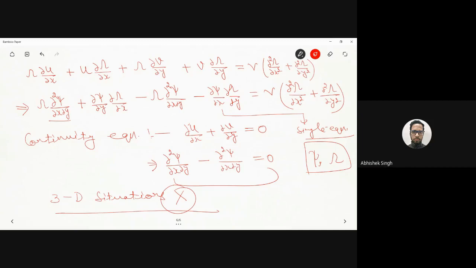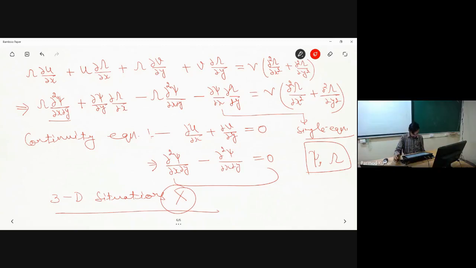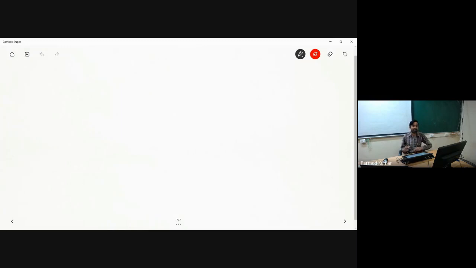Okay, so what we have to do, considering these limitations of this method, now we will try to go for the approach which is more generic, and where actually we can go for the detailed solution of complex 3-dimensional situations. So in this approach, we will be using one of the very popular algorithms. That particular algorithm is actually based on some iterative procedure. The name of the algorithm is SIMPLE.